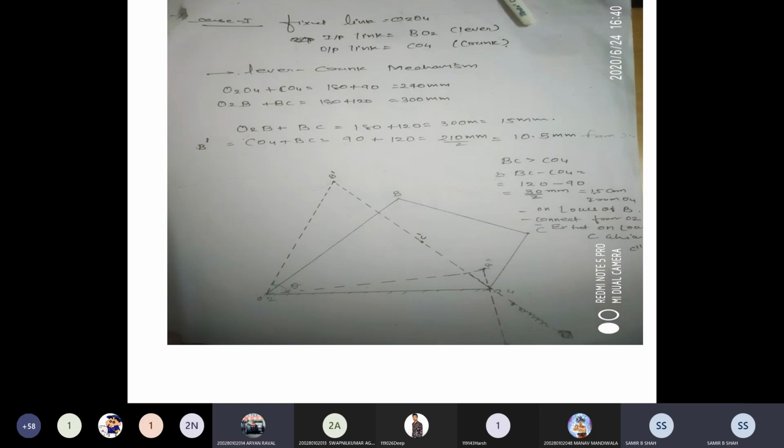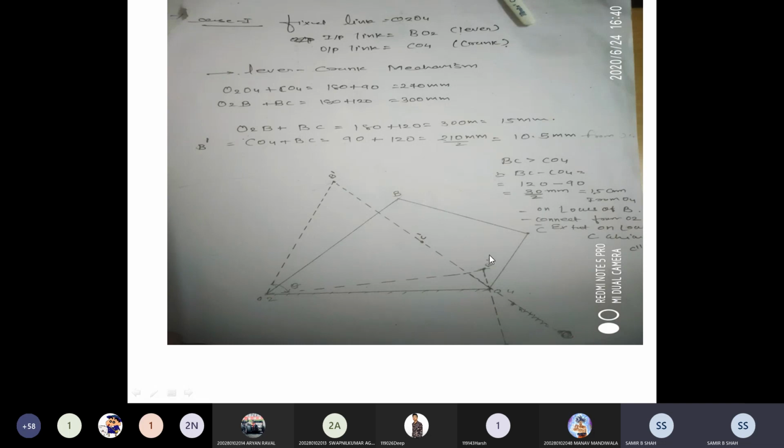Sir, just to clarify it one last time, B dash ને O4 વાળી જે line છે એ perpendicular હશે ને? I repeat once again. Initially, you get point B dash. After that, join B dash point with O2 and with O4 also. It means the point B dash is completed.